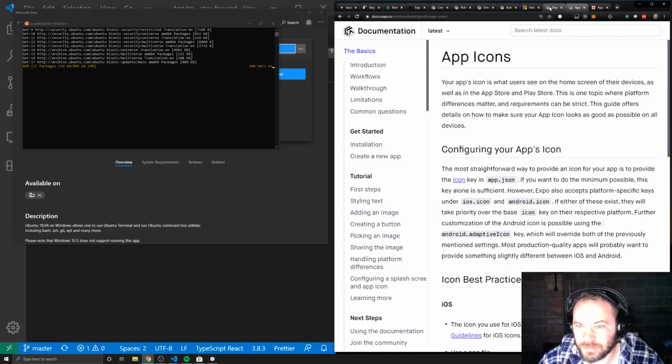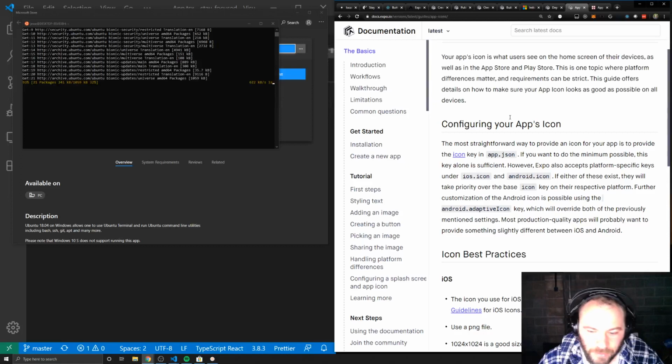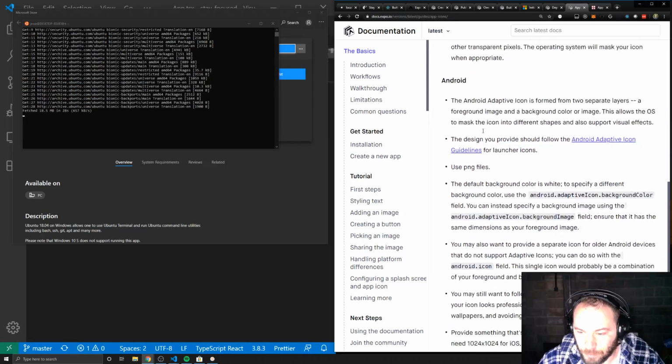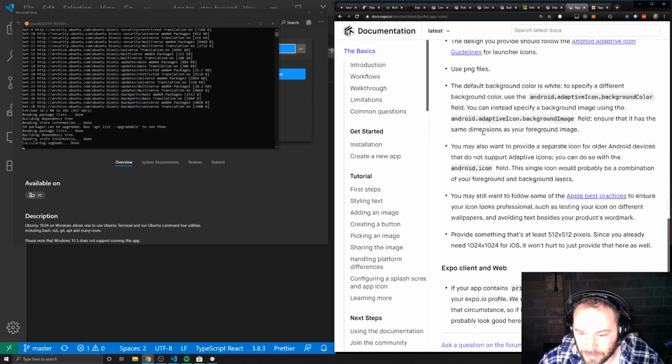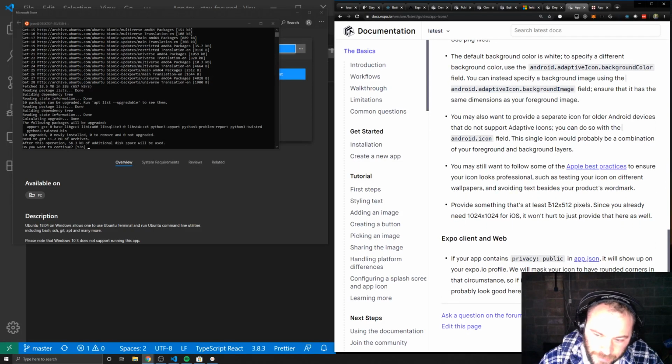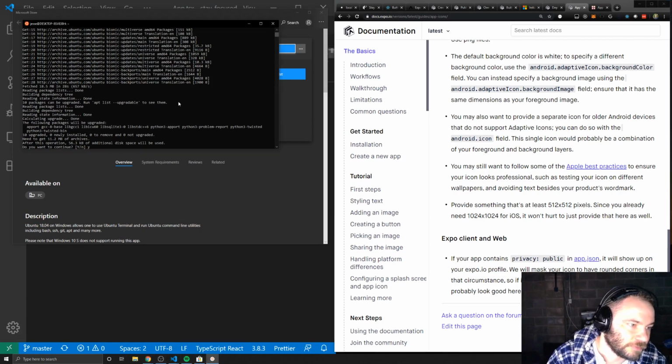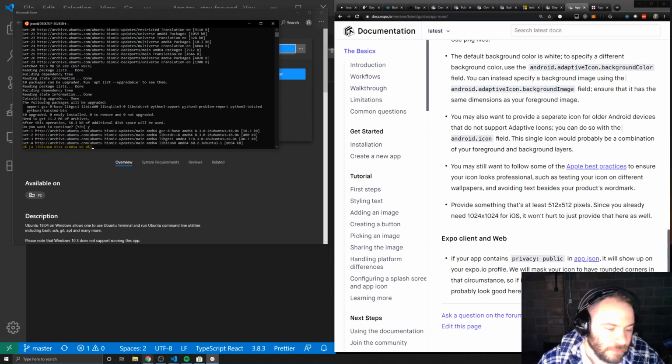And one of the next steps we need to have is an app icon and a splash screen. So I'm going to go with the... it says we need to provide something that's at least 512 by 512 pixels, but we need 1024 by 1024 for iOS. So eventually we're going to be on iOS, so I think we're just going to go with 1024 by 1024. Do you want to continue? Yes, let's continue. So